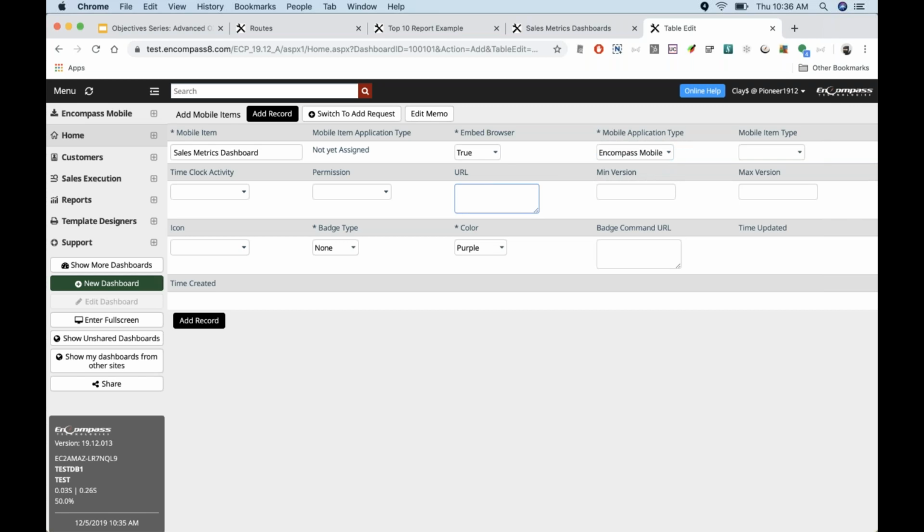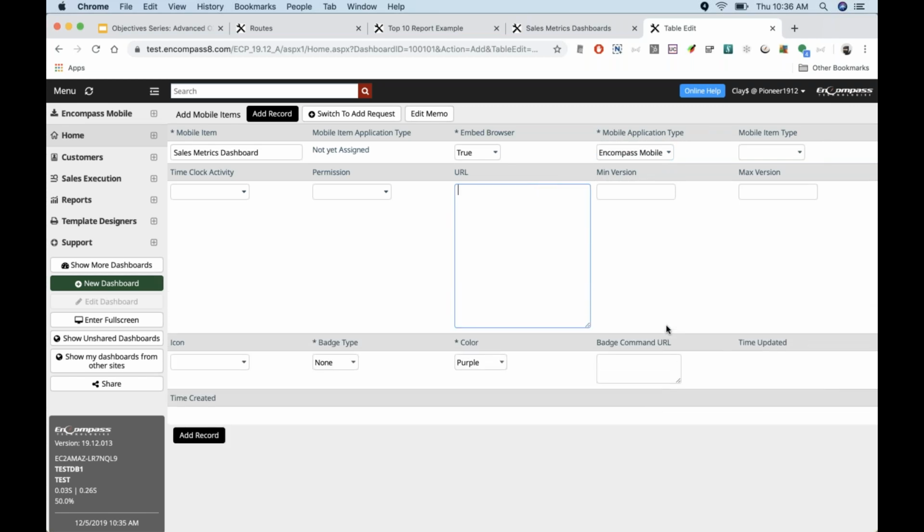And you did notice that I copied that URL earlier. The reason I did that is because the button is going to ask, what do you want them to be directed to? Well, we want them to be directed to that dashboard. Now, one little trick to know about is anytime that you paste in a URL when you're creating these mobile items, there's part of the URL here called /EC and then whatever subset version of code that you're on.